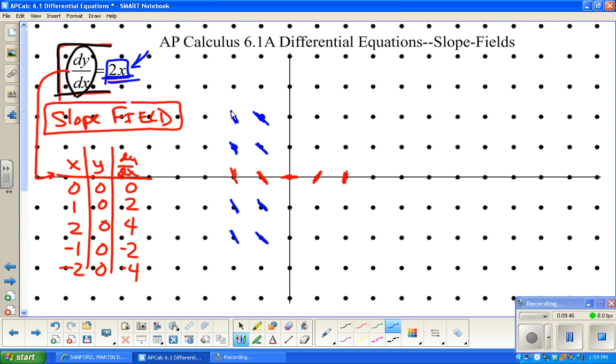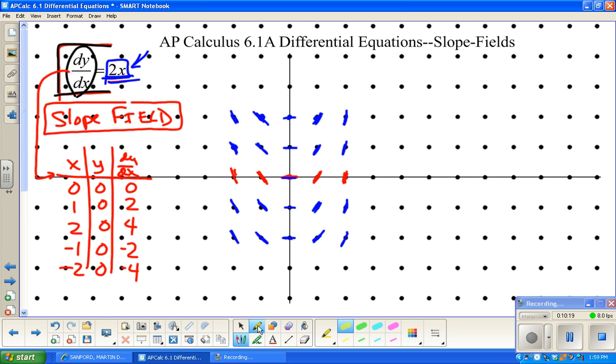Going down the y-axis, this has an x value of 0, so 2 times 0, 2 times 0, 2 times 0, 2 times 0, 2 times 0. 2 times, and now I'm going to go down the ones. Okay, so here's x equals 1, so 2 times 1 is 2, and then 2 times 2, so I'm going down these points. Okay? All right, so what you need to see out of this is, it's not obvious at this point,